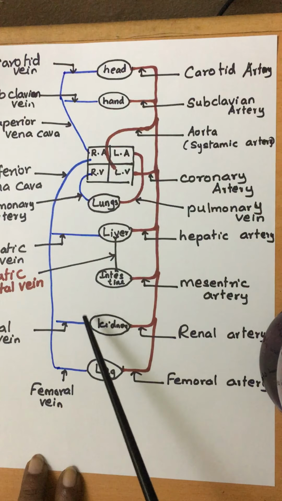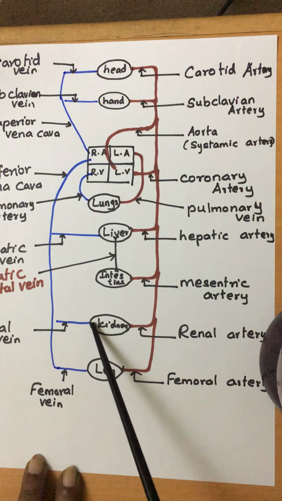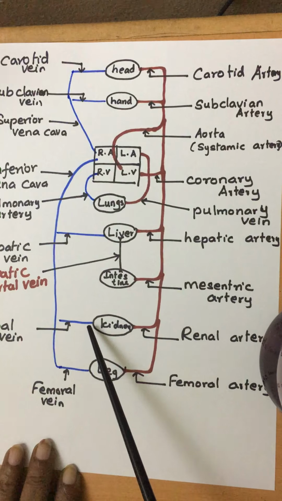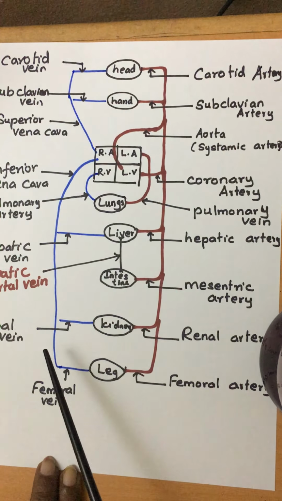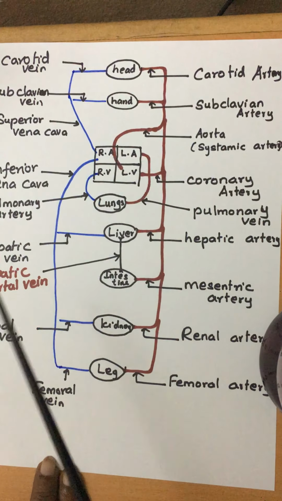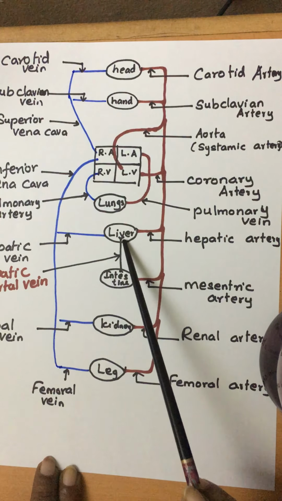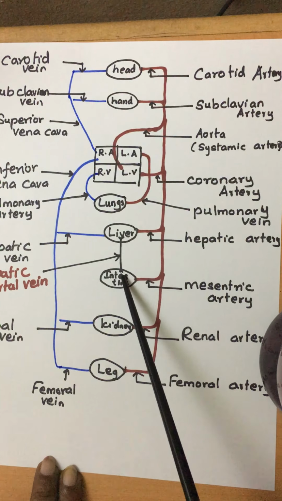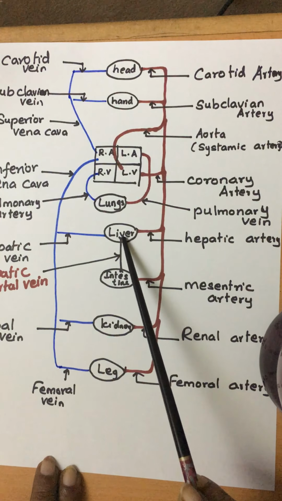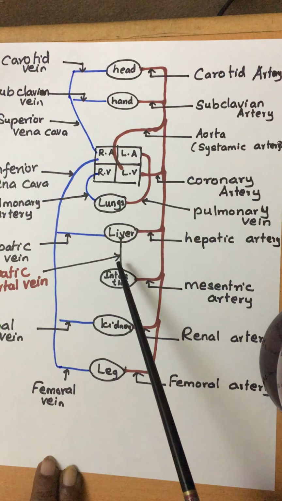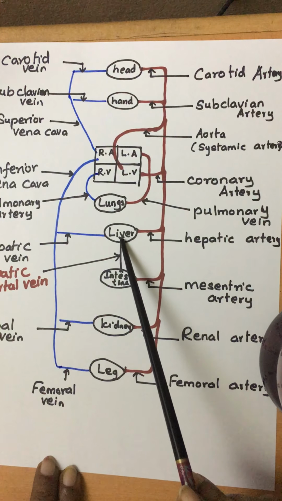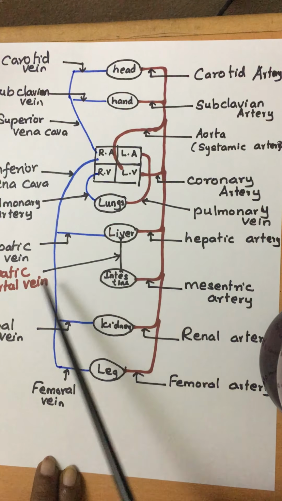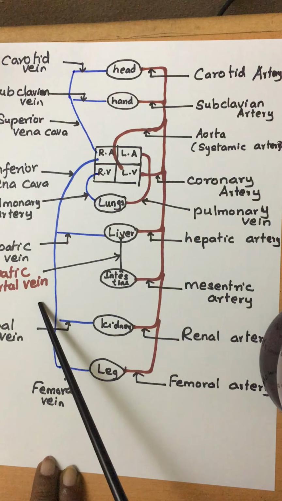Now when you take this blood vessel from the kidney, it has blood capillaries because this is an organ, but the other end is connected to the heart. There are no blood capillaries. But when you take the hepatic portal vein, both sides are connected to organs. So here also blood capillaries, here also blood capillaries. That is, this hepatic portal vein starts with blood capillaries and ends with blood capillaries. That's why it is named the hepatic portal vein.